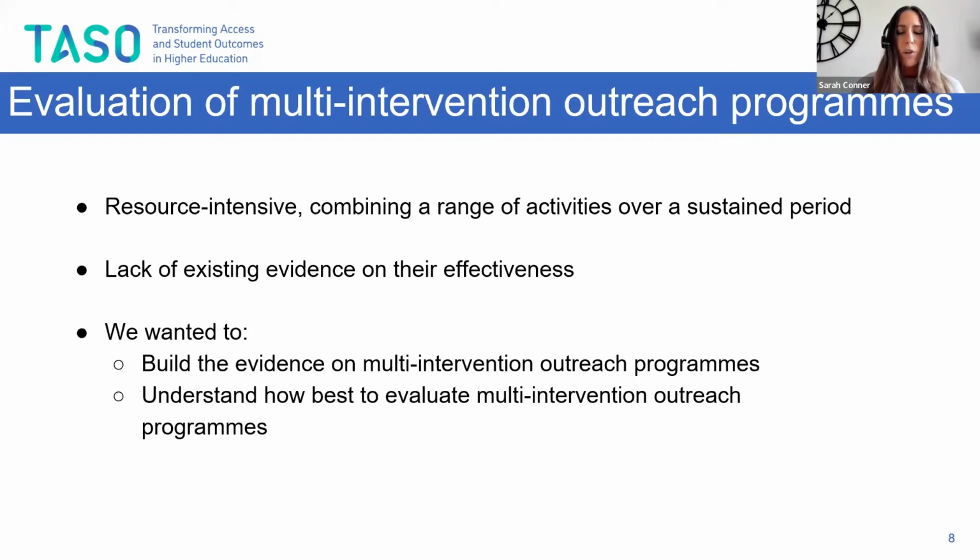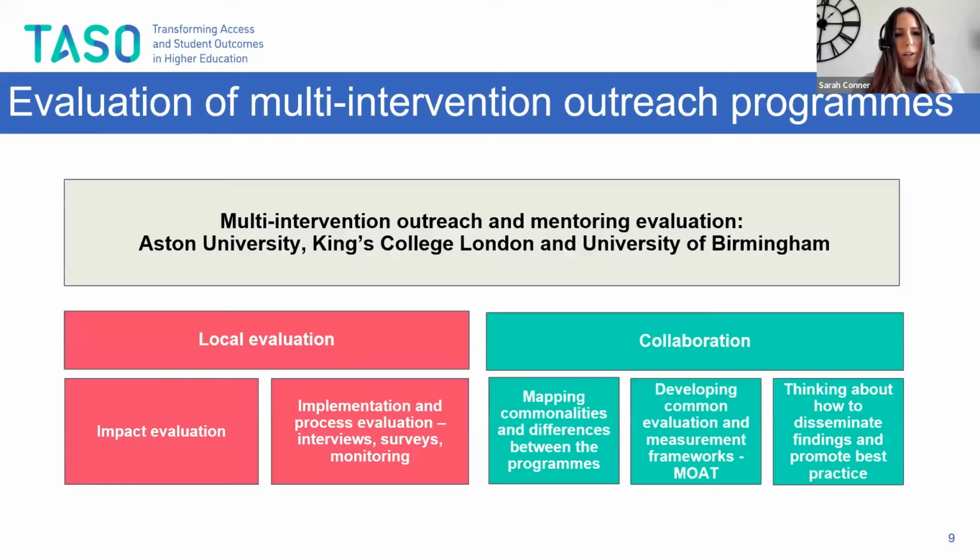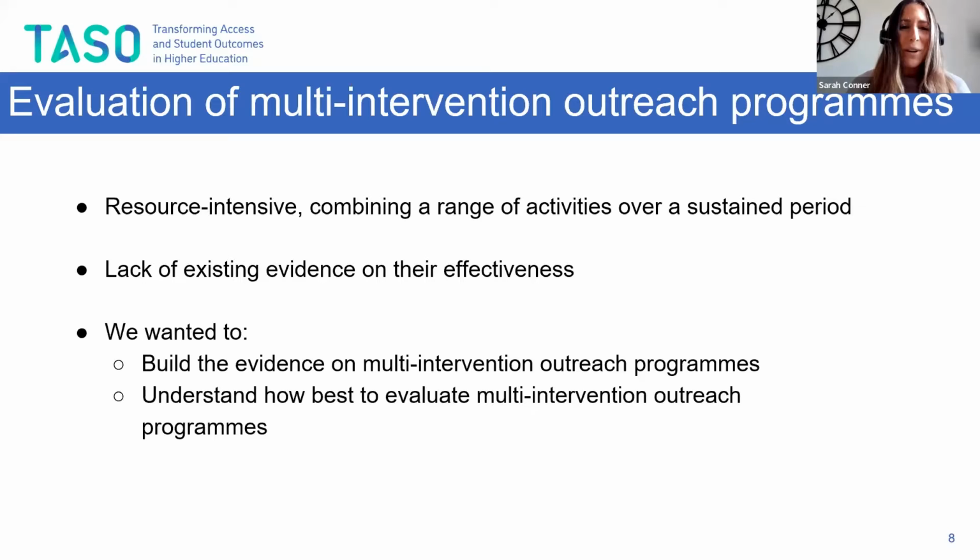So, for example, you might have a program that's working with Year 12 and Year 13 students over a period of 2 years. But we know from our evidence review that was conducted a couple of years ago, sorry, Rain, still on the former slide, that we're lacking evidence on their effectiveness. So we have a lot of correlational evidence, which shows that these programs are associated with positive outcomes. So, for example, positive attitudes towards HE and also enrolment in HE, but we don't know for definite these programs are causing those outcomes. So we're lacking that sort of causal evidence,